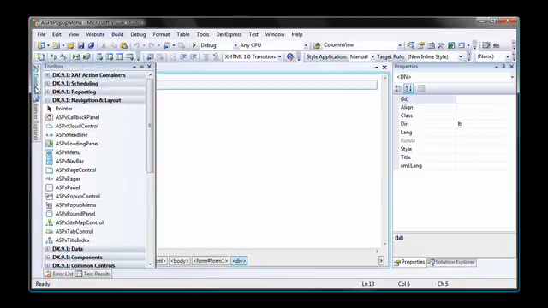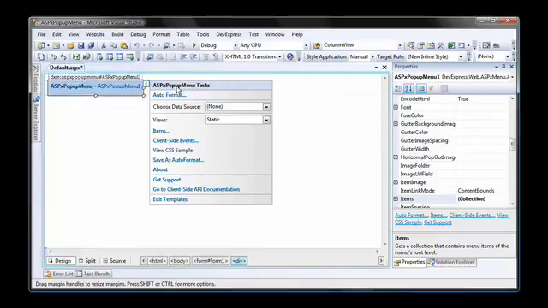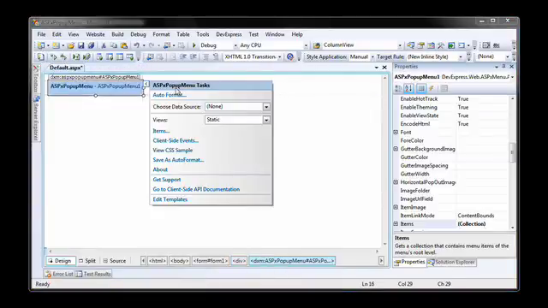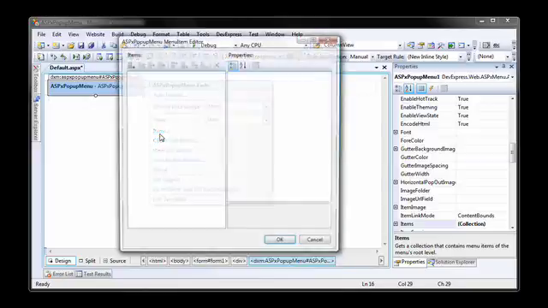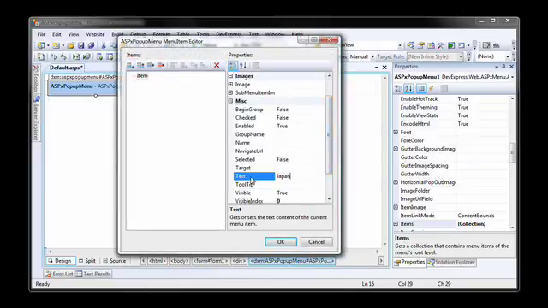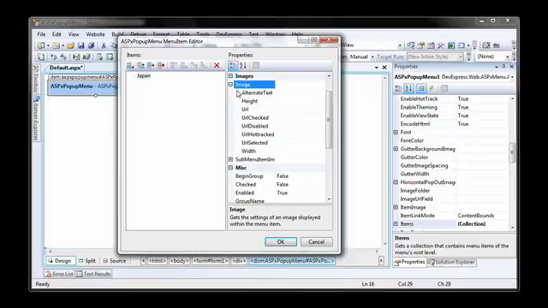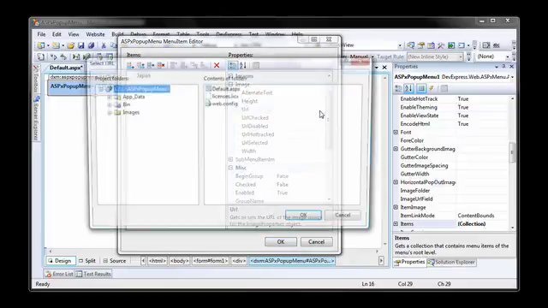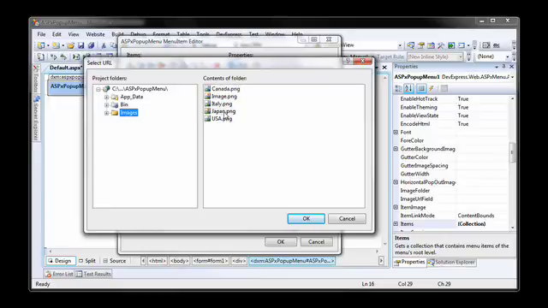From the toolbox, I drag and drop a new ASPx Pop-Up Menu Control onto the page. I click on the Items link to invoke the Menu Item Editor. I click on the button to create a new menu item. I'll set its caption to Japan. I expand the image node and set the URL property to the japan.png image file that I had copied to